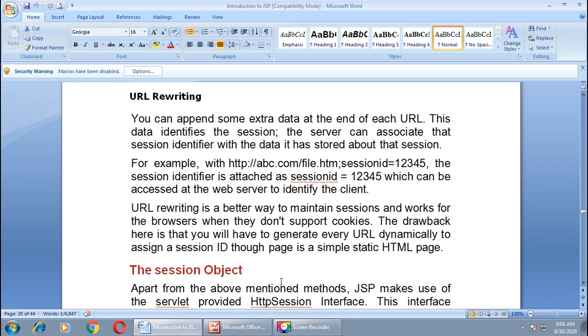If somebody keeps their browser cookies inactive, in that case URL rewriting is a good way. But one drawback is that you will have to generate every URL dynamically to assign a session ID. Even if the page is a simple static HTML page, you still have to define or assign a session ID for that page also, right?